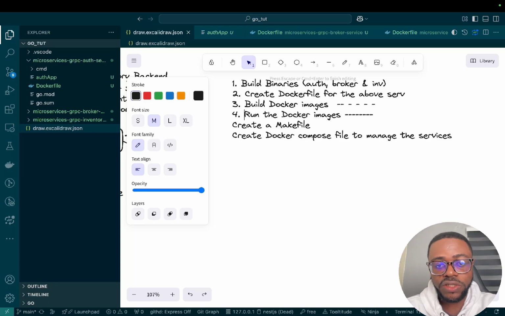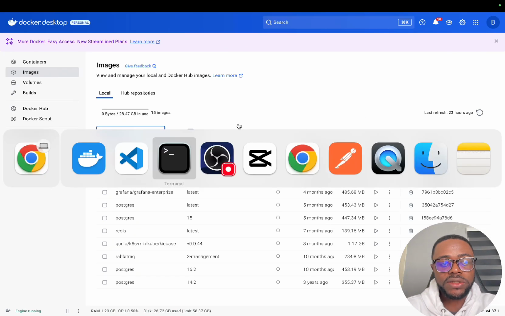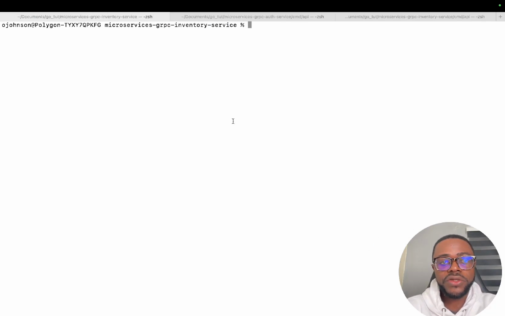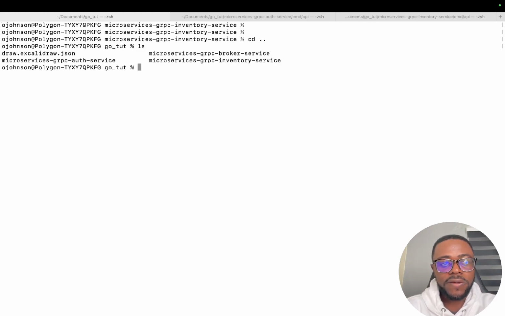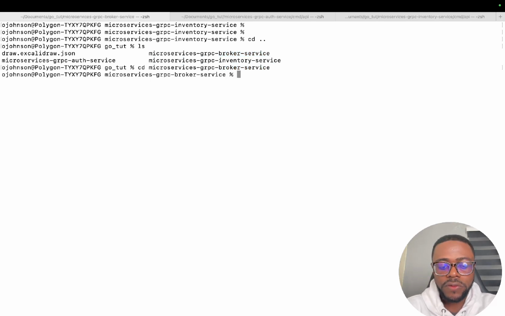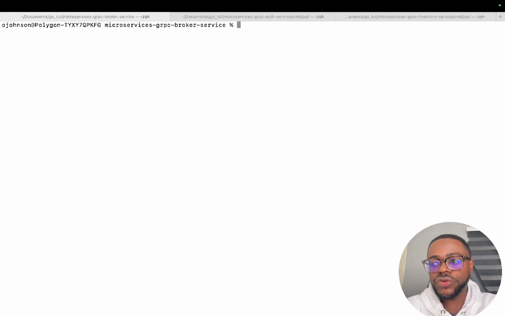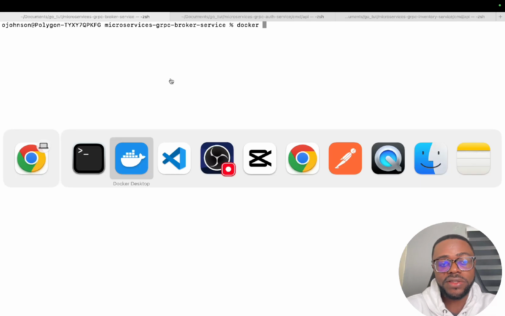So let's run this image. Let me go to my terminal and try to run them. So let's first go to our broker service. Let's cd to broker service. So how do you run a Docker image, right? So there's a command to run it. So you say docker run. By the way, you are going to find it in